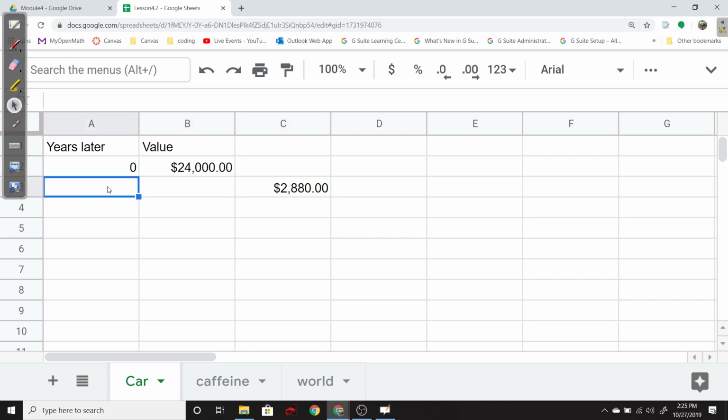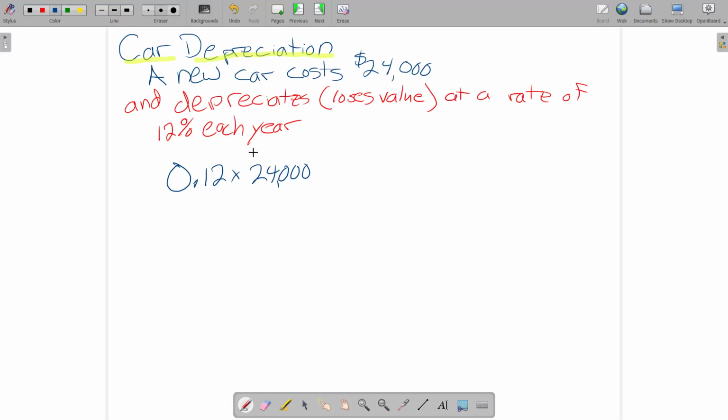And so after 1 year, that $24,000 drops by $2,880 and now is only worth $21,120. And we actually know a shortcut for that process. Instead of doing this long way,